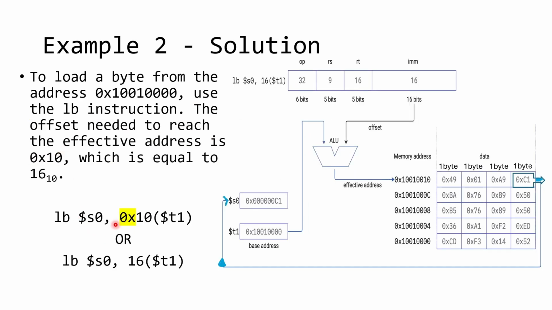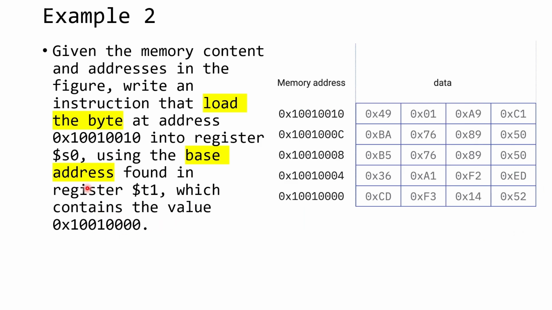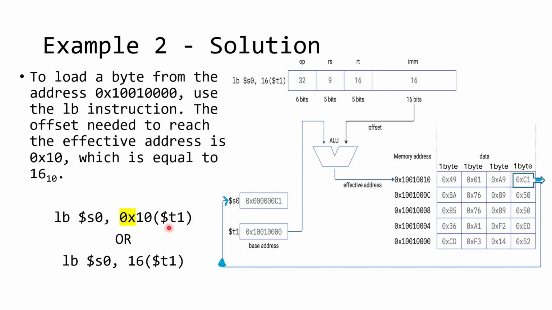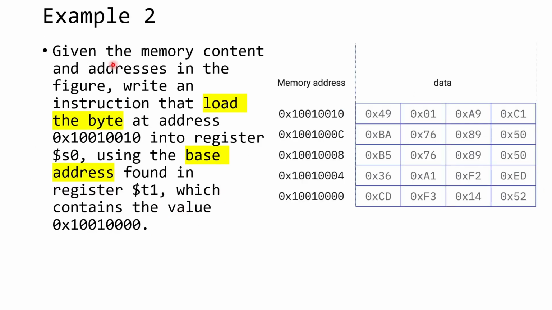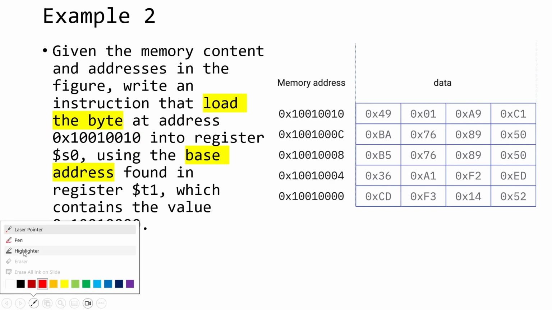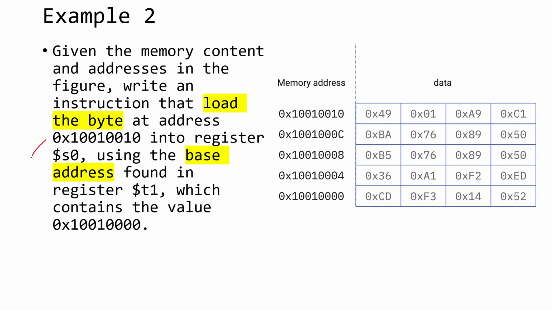So we want to load into register S0, and the base address is from T1, so we use a bracket (T1). The only immediate that we need to know is that we want to load from the byte address, this one. So subtract this number, 0010 minus 0000, you will get